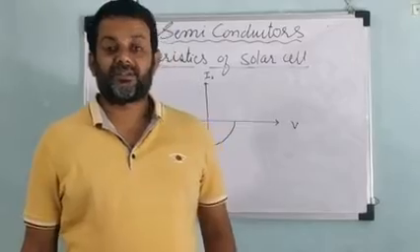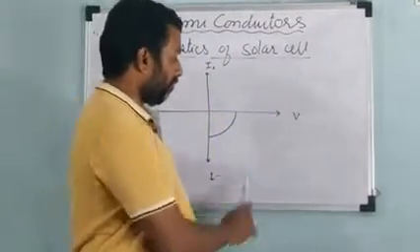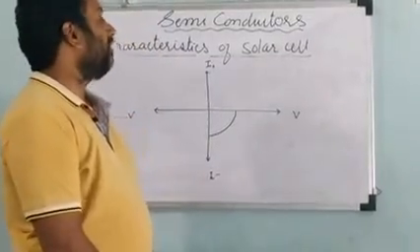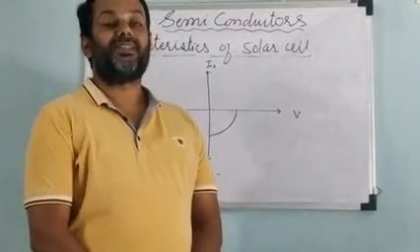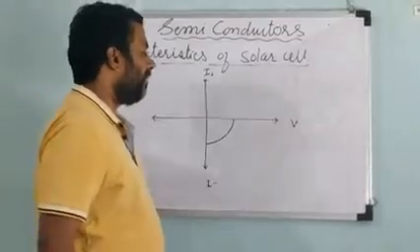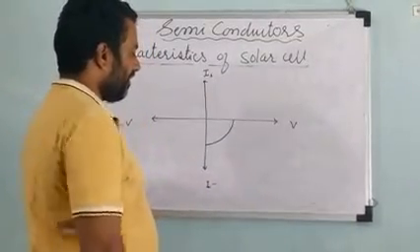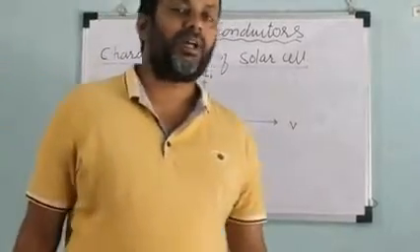The IV characteristics of the solar cell are shown in the figure. They lie in the fourth quadrant. The reason for being in the fourth quadrant is that this solar cell does not draw any current, but it supplies current. That's why it is taken as negative. Hence, the graph of potential versus current is taken in the third graph. This graph represents the IV characteristics of the solar cell.